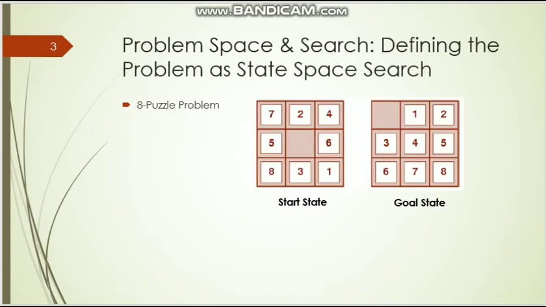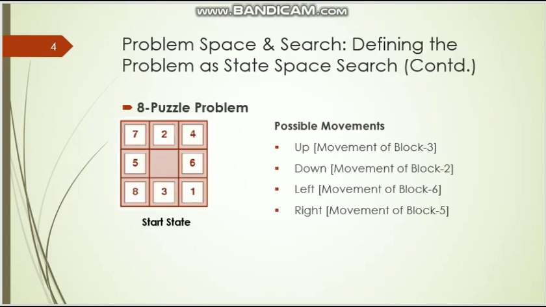First, I'd like to revise the 8 puzzle problem which I have already gone through in my earlier video, most probably in 3.1 or 3.2 of the problem solving. Here in the 8 puzzle problem, it contains a 3x3 matrix where 8 blocks are numbered from 1 to 8 and one block is empty. We can take 4 patterns of movements: up, down, left, right.